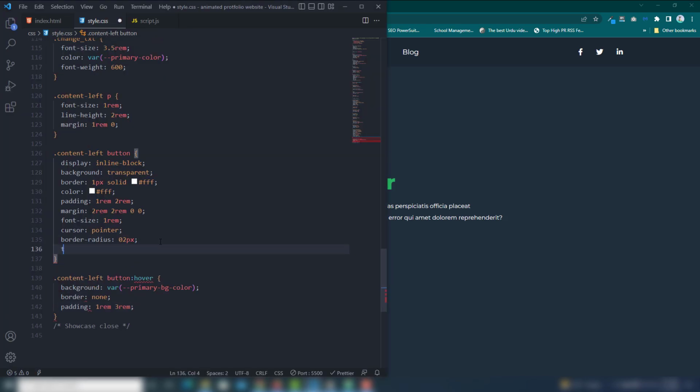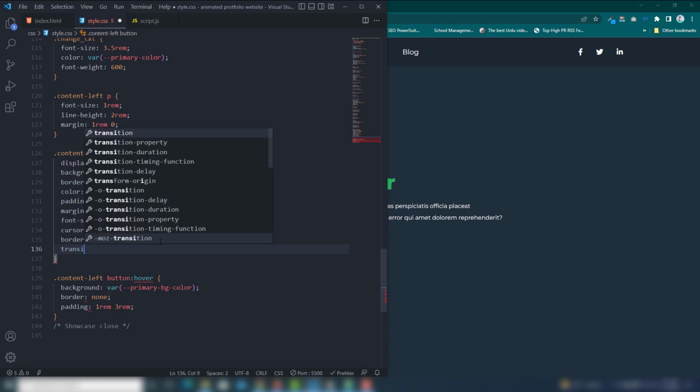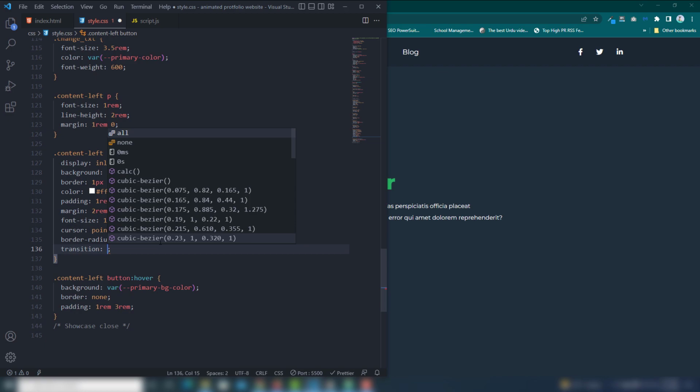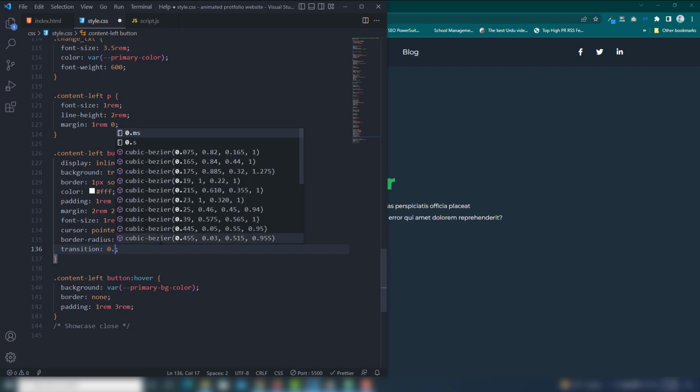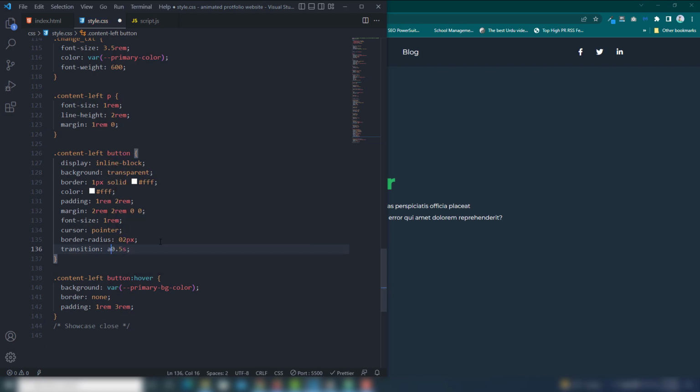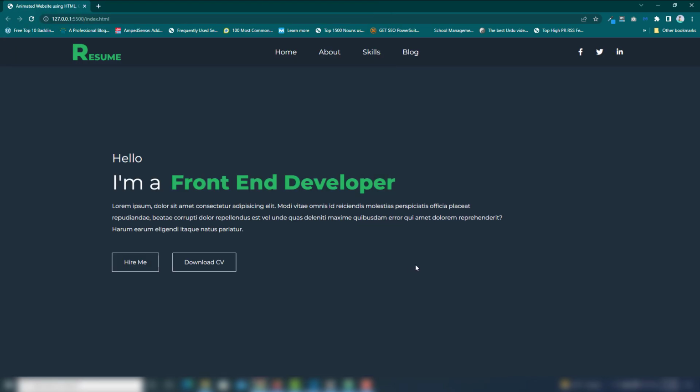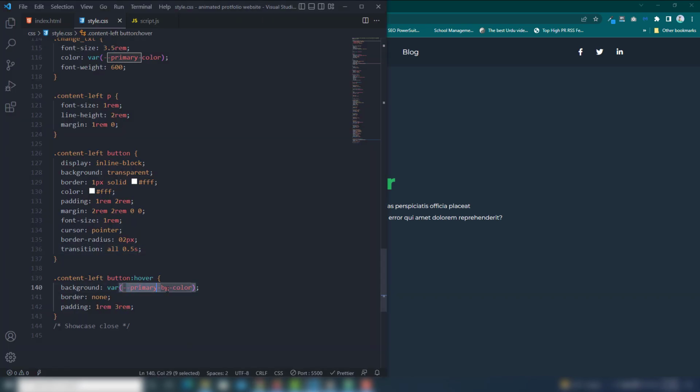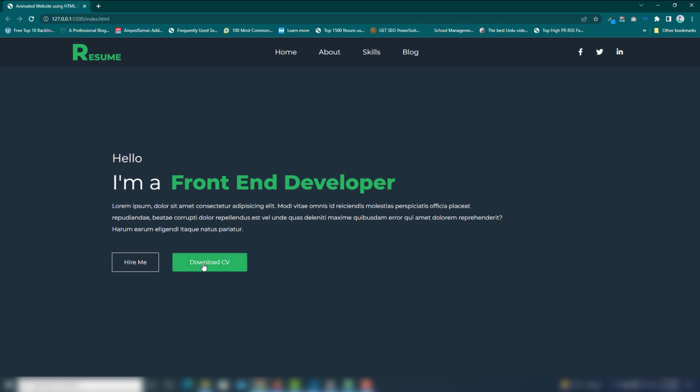But we need to use the transition, right? So then you will be able to see that cool effect. So transition, first I'm going to use all and 0.5 seconds. So let's see, as you can see, perfect. But I need to change primary color like this one, right?